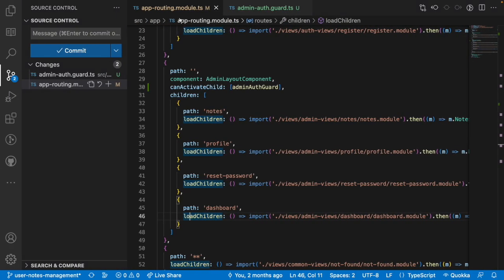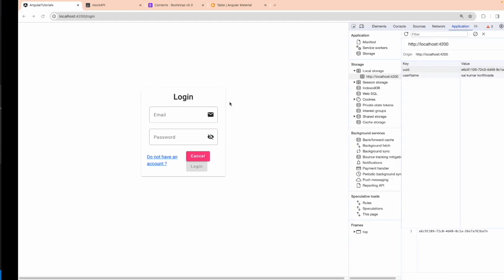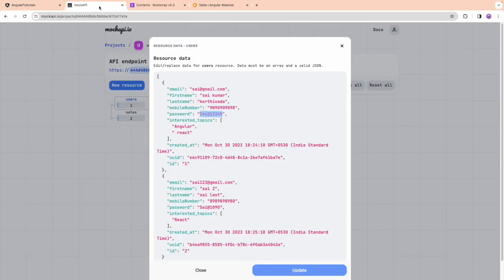canActivateChild will check this activation for all the routes. That means notes, profile, reset password, dashboard, and the nested routes as well, like notes/details, notes/details/some ID. Every route will be checked whenever we are using canActivateChild. That is absolutely fine. Now what I'll do, I'll just go here and again just let me copy this and